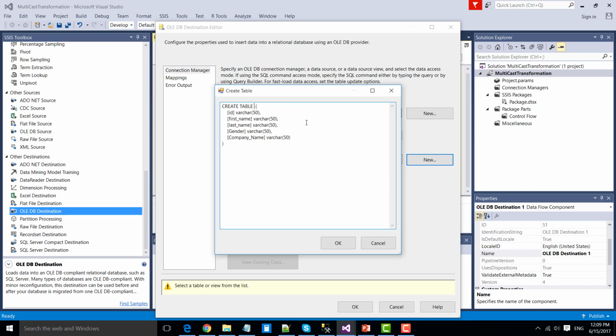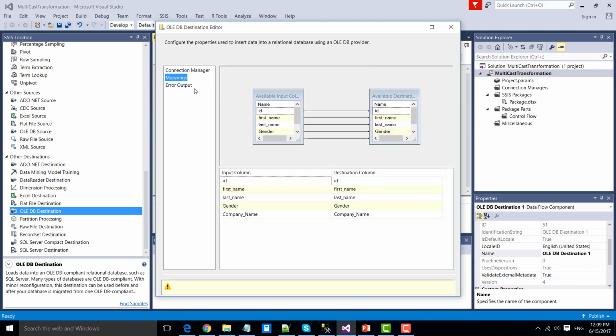In the first case, we created the SQL Server table inside the testing database on the SQL Server 2014 server, and in this particular case I am going to create the SQL Server table on the SSIS database. So our SQL Server table name will be output2. Click OK, and click mappings. Now you can see that the columns from source have been mapped with the columns of the destination. Click OK.